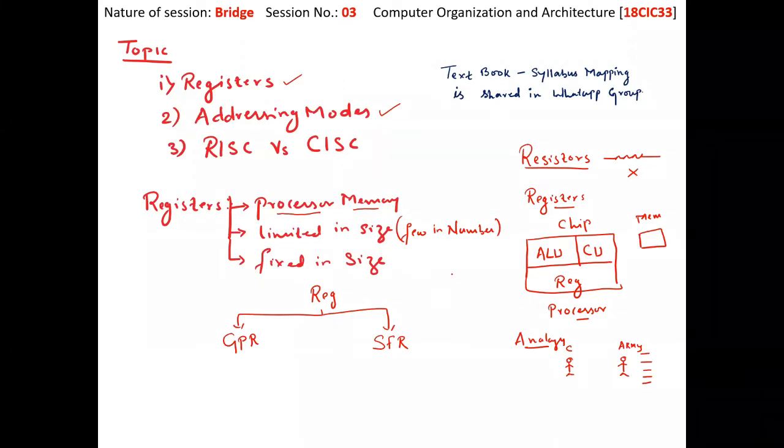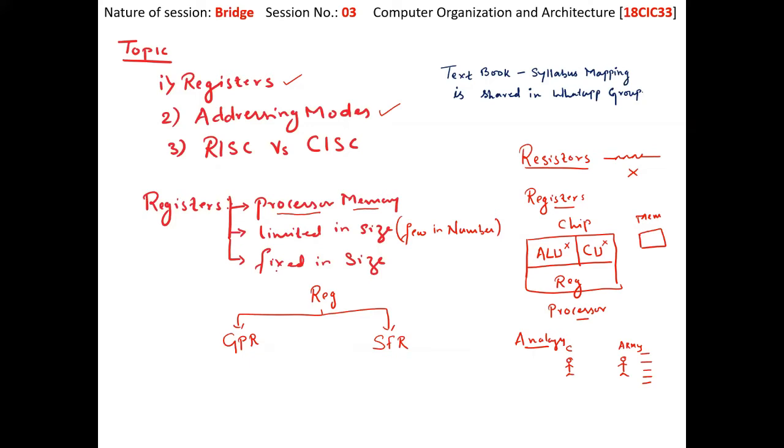Similarly, when we are going to insert the memory in the processor, there must be a limit on the memory. If you increase the size of the register, what happens? You need to reduce the features of the control unit and the ALU, which is not feasible. We cannot reduce the complexity or the features associated with the ALU, because that is the job of the processor. So we can't compromise that. Therefore, it should be limited in size.